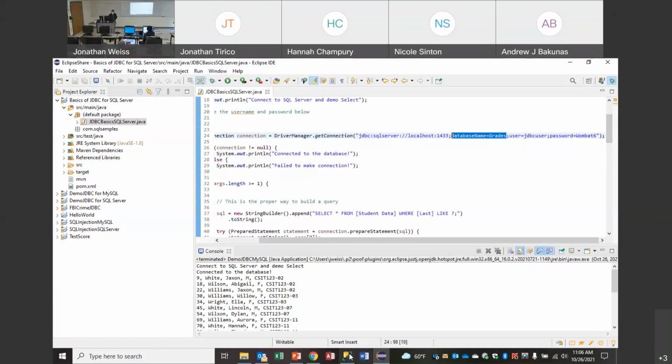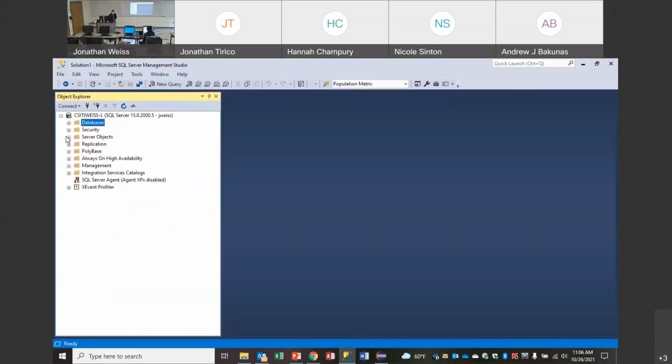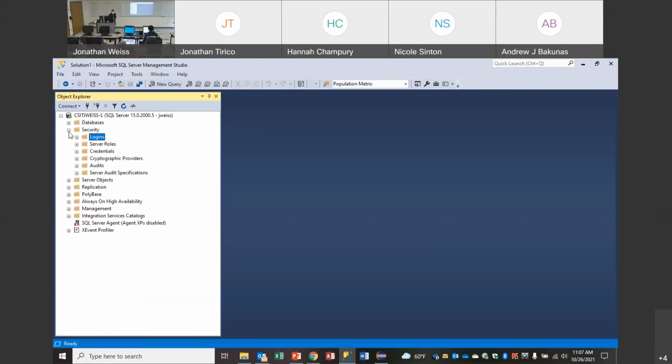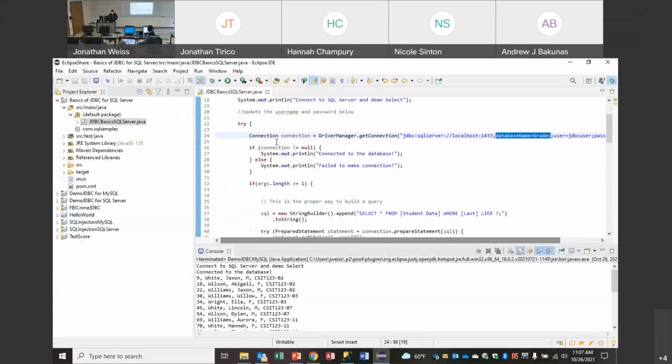So if we go to the database here, for example, and we go to security, and we go to logins, you'll see that we have a JDBC user that I've provisioned there. And I've set up a password of Wombat6 for that JDBC user. That's so that I can run this SQL query from Java. Okay. So what I do is I set up that